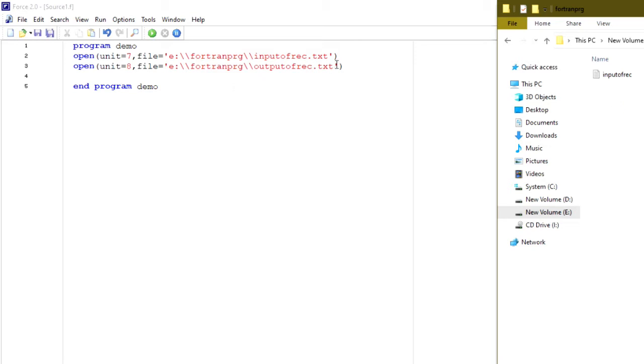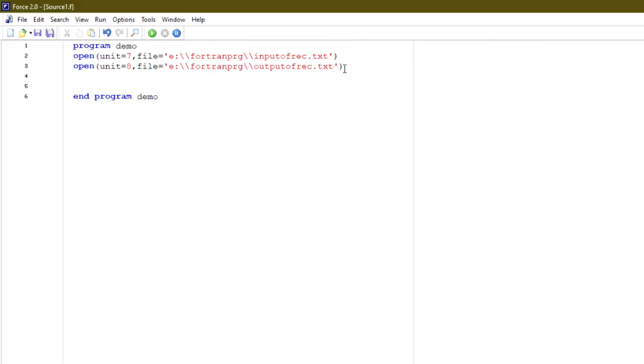Okay, then I want the name of the program to get displayed in the output. So we will write down a statement, write, okay, and here I will write: program to calculate area of rectangle, right? So it will get displayed here. Then what we will do, we will read the data.